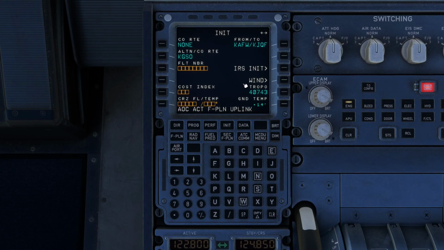And again, it takes a bit. It's trying to simulate, in this case, the reality that it isn't instantaneous. But again, KAFW slash, Kilo Alpha Foxtrot Whiskey slash Kilo Juliet Quebec Foxtrot. So again, sometimes that's a good reason to put it in. I misread it. And then my alternate is Kilo Golf Sierra Oscar, which is Greensboro, and that would get us